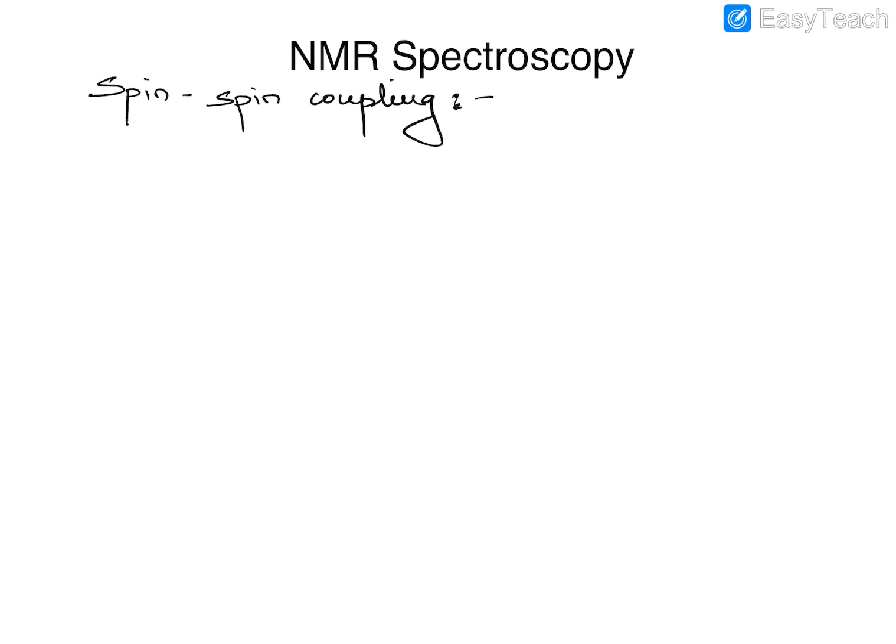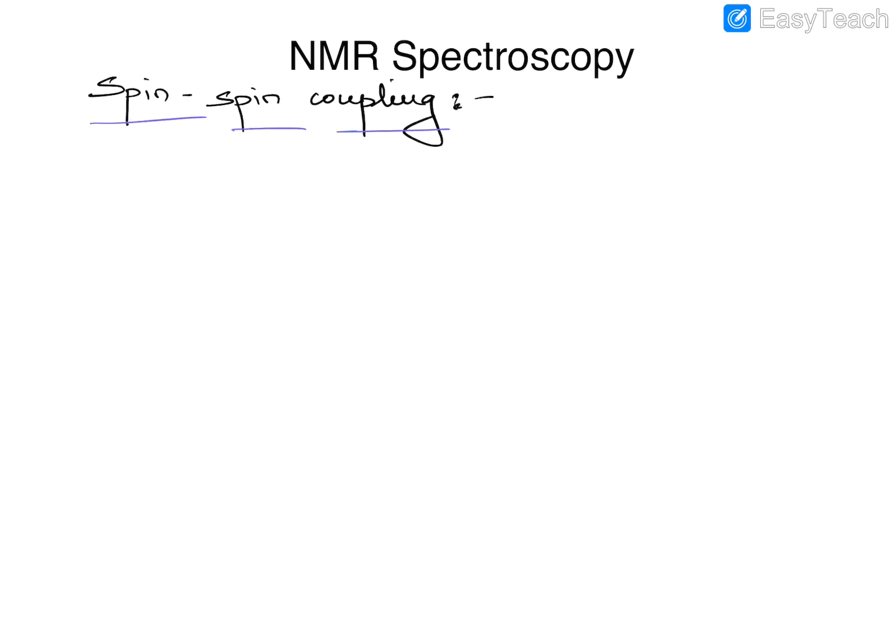In the previous video, we came across a very important concept in NMR called spin-spin coupling. And in this video, we are going to extend that a little to talk about coupling constants and how they help us in interpreting NMR spectra. Towards the end of this video, we'll also be targeting to solve two spectral problems by elucidating the structure from the spectra. Okay, so just to give you a brief